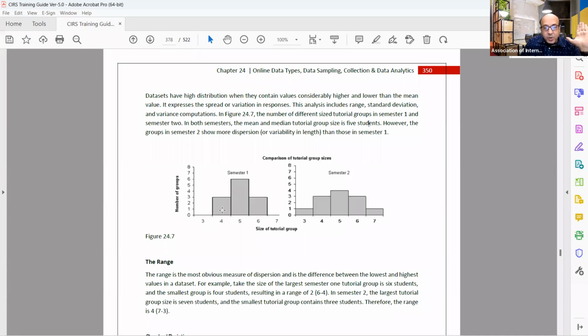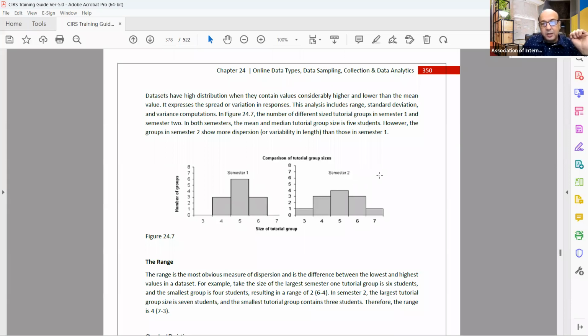Moving further, you could see that there is tutorial group 4 in which 3 students enrolled, or sorry, 3 groups enrolled in the 4th group. In the 5th one, you got 6 groups enrolled, and it is all visually available to you. When you put it in the chart, you could see that it is coming out like this, or this is the visual of how you would be able to find out